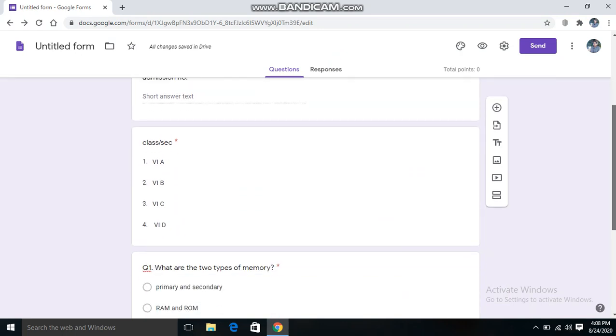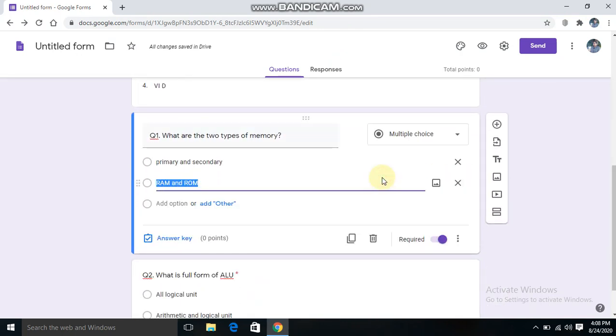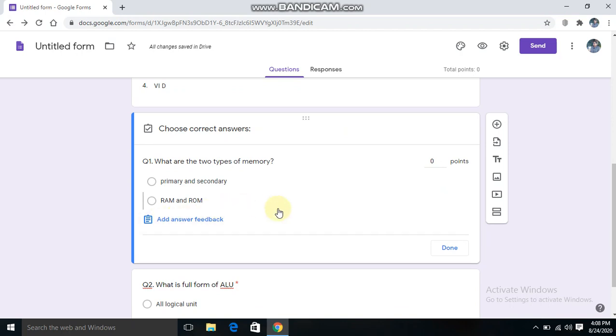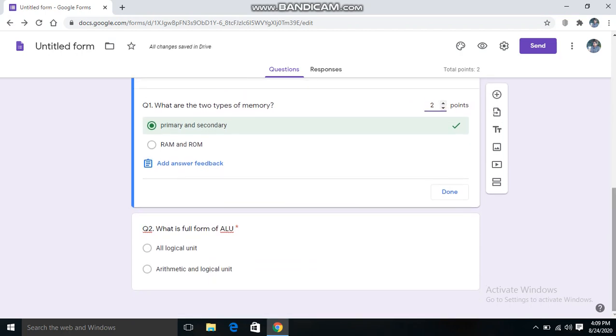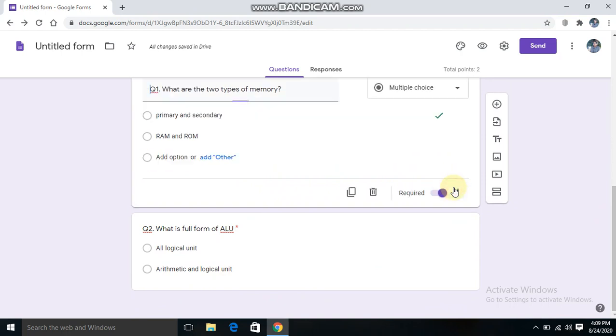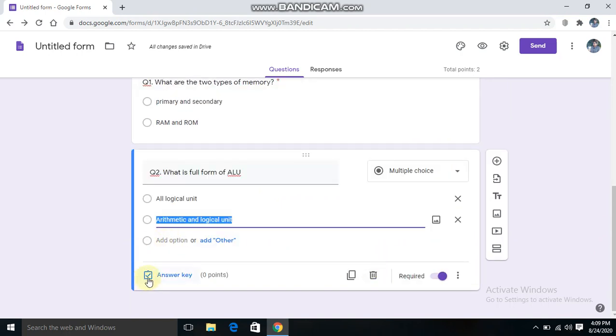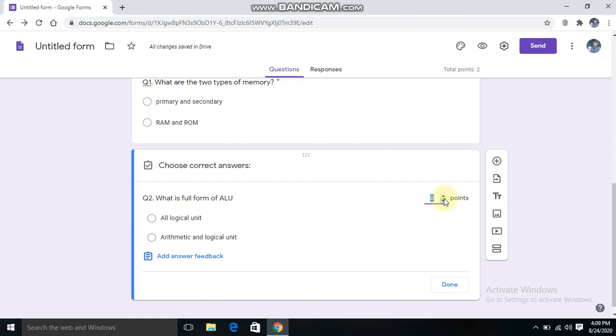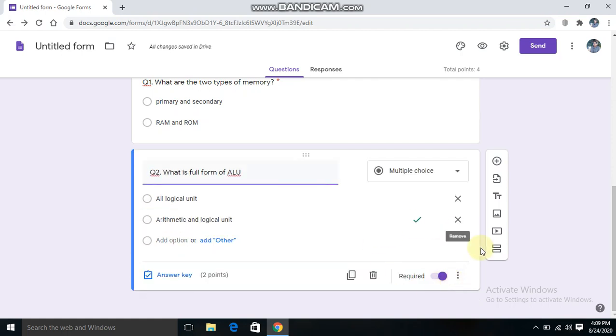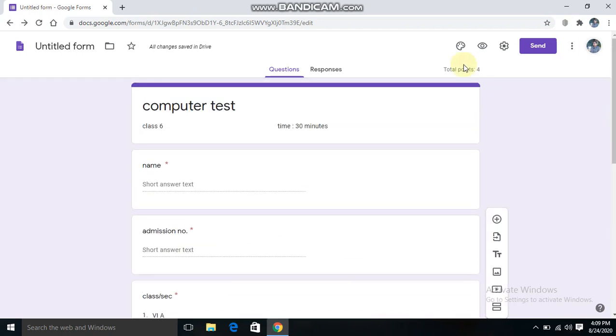After saving, come to the question and then add the points and the answer key. In mobile phone, this icon will be shown for answer key. So click on this icon, answer key, choose the correct option. It is already feeded now, and choose the point. I am giving 2 points. You can give 1, 2, 3, whatever is your requirement. And then again to this question I am doing the same thing. Answer key. Again 2 points I am giving it, and then feeding the answer. Okay, and done. So after that, see total points 4.